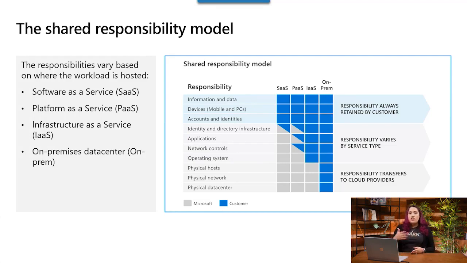This is what we call a shared responsibility model. What it's showing is the different levels of responsibility depending on if you are leveraging services like IaaS, PaaS, and SaaS, or if you're managing your own on-premises data center. So let's start over here on the left side of your chart. With your on-premises data center, or you might hear this called the private cloud, you are responsible for absolutely